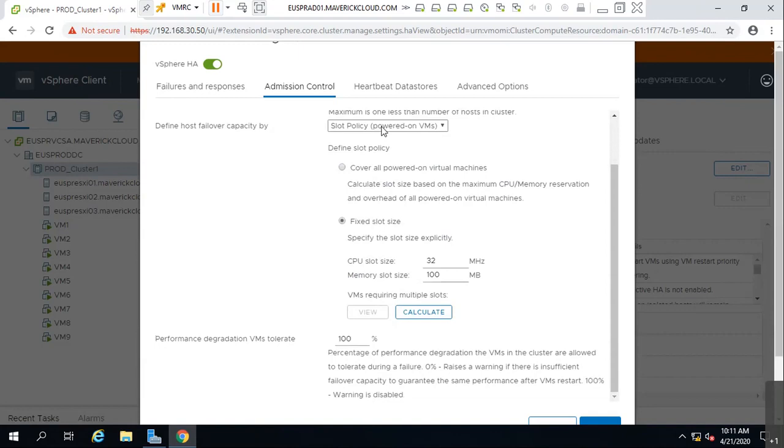Okay, normally whatever server you purchase, you get a 3-year warranty. In those 3 years, if the dedicated failover host doesn't perform any task, meaning no failure happened in your customer environment, then whatever amount you spent on the dedicated failover host goes to waste, because it is doing nothing, just sitting idle waiting for something to happen. Some failure must happen, then I'll come into the picture. If something goes wrong, then I'll come into the picture.